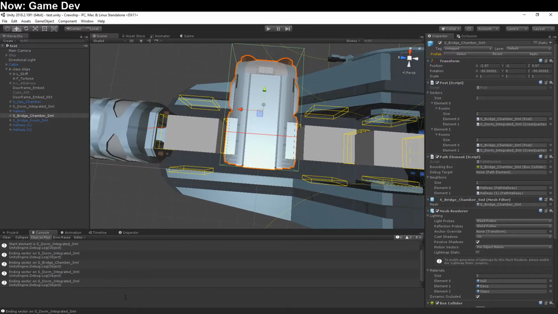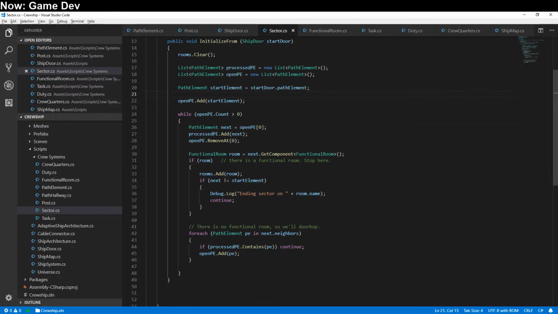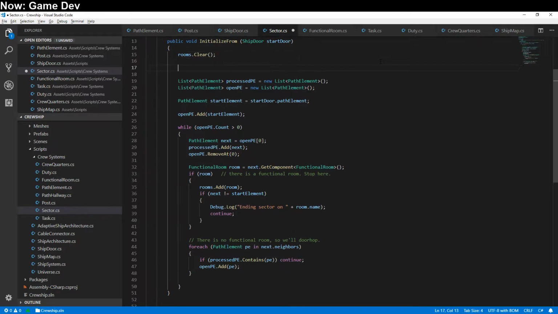Now I think the reason for that is because of this special case where we look for all of the other doors in our door. And that's really not what we want to do. We want to limit ourselves to just the door in question. And that's kind of a special case, and this is really the issue. I think that what we're going to want to do is find the door connected to our door and run off of that instead. So to do that, we're going to just say ship door other side